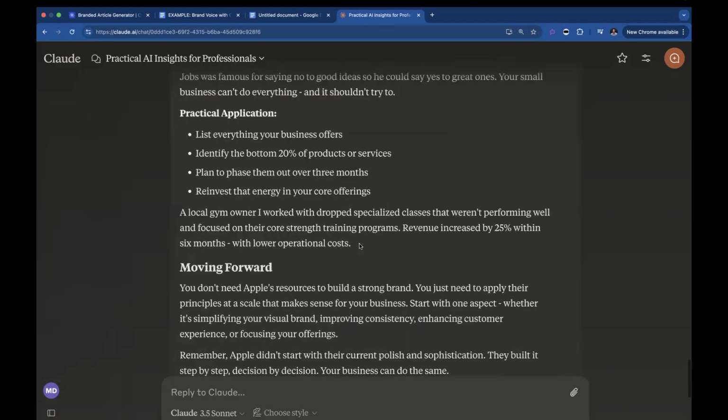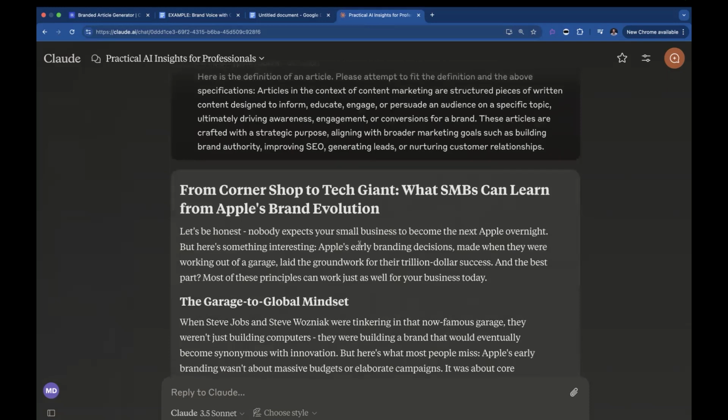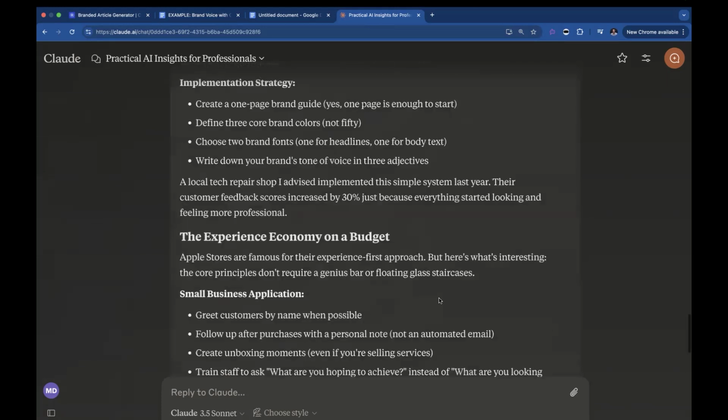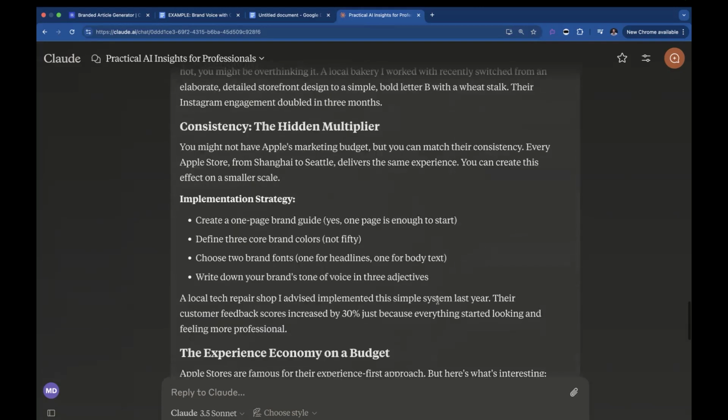So this is a custom article that was written very quickly. Now, there are some mods you'll want to do to this. And if you do have a call to action, like let's say I have some kind of $1 billion boot camp coming up where I'm teaching people how to learn from these big brands and apply it to your brand using AI, then I'd want to incorporate that information as well. But this is a great article, just really quick and done. You could, of course, make this much longer. But again, we said 1,000 words. So that's 1,000 words. All right, so there you have it. We wrote a really cool article. Didn't take very long at all.